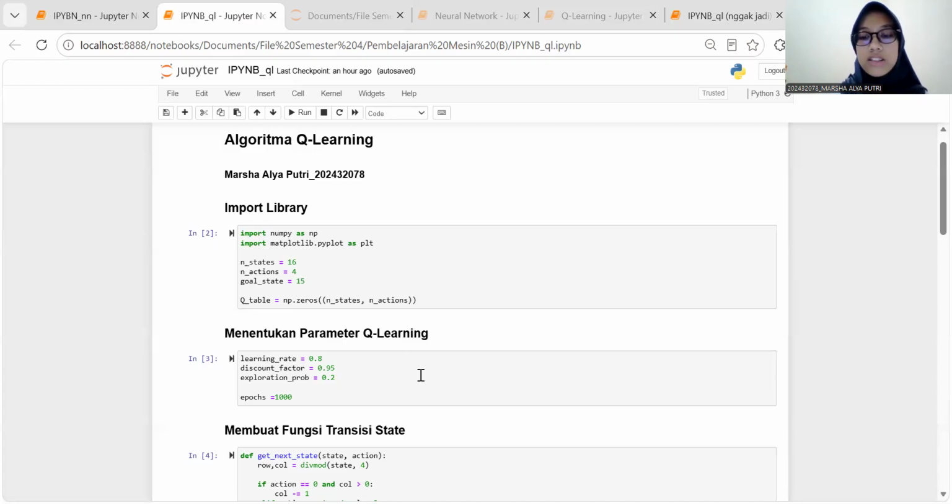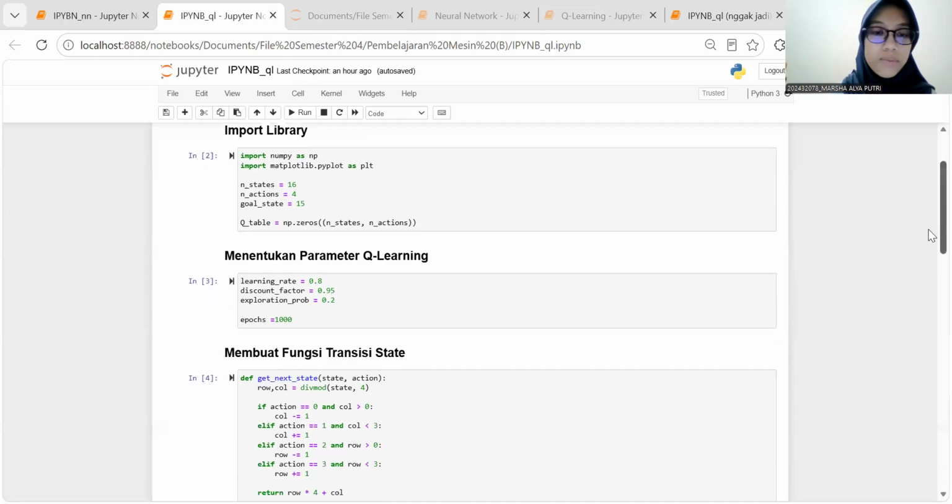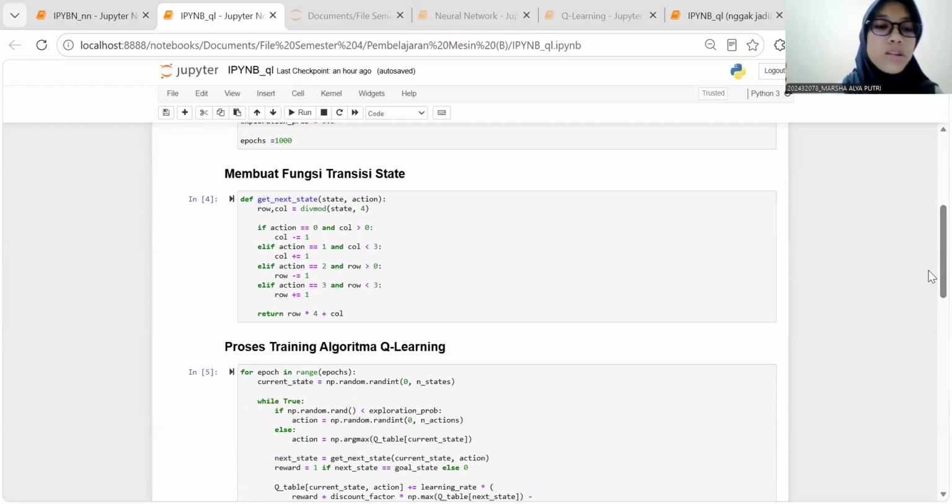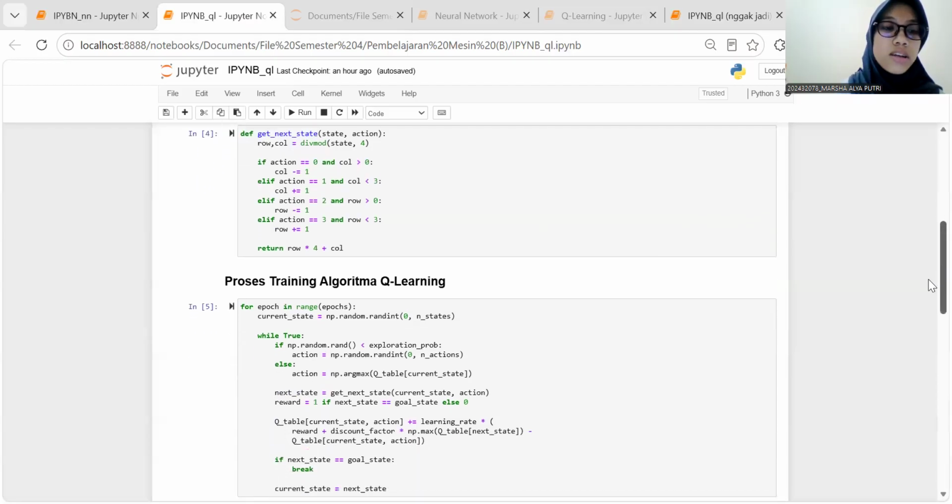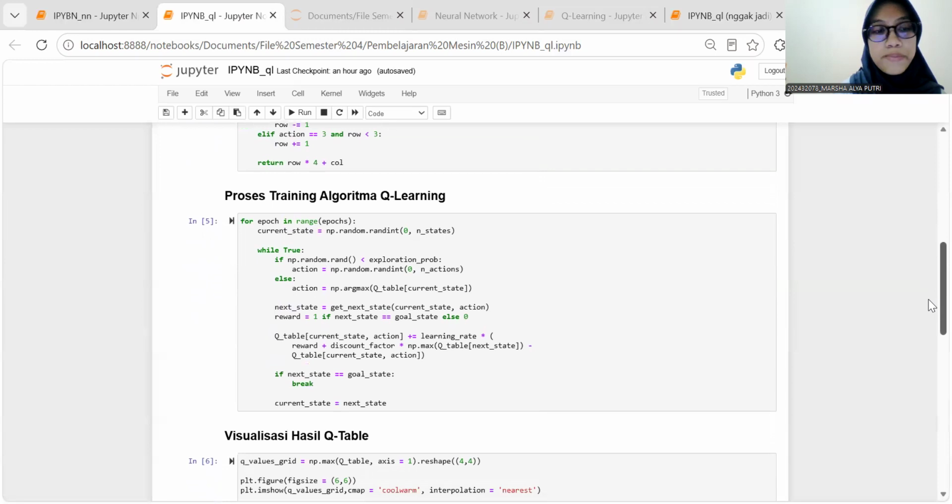The next section defines the state transition functions. These functions determine how the agent moves from one state to another after choosing an action. It represents the environment and ensures that every action results in the correct next state according to the predefined rules. This is the main part of the program.